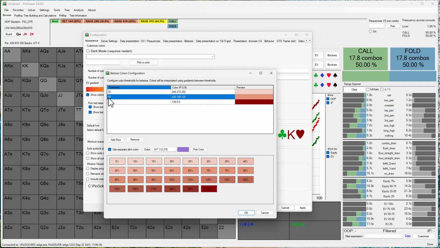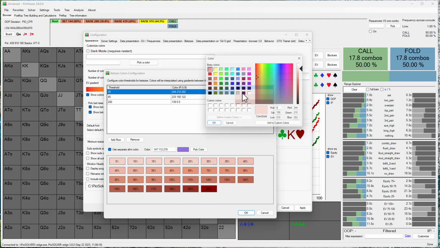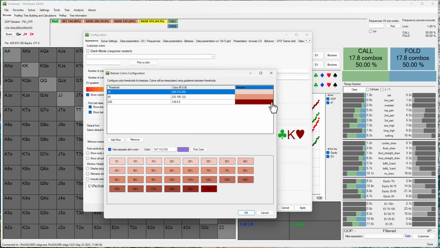Then another threshold is 65%, and the bet with this size will have this color. And we also specify the last threshold here, which is 200, and we specify a dark red color. So these exact sizes will have these exact colors that we specify here, and any size in between will be